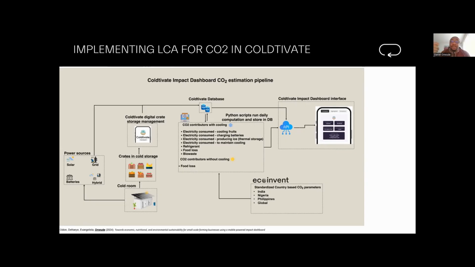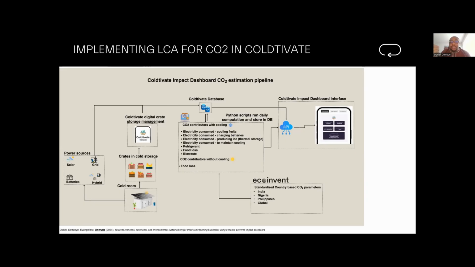it usually starts with the power source. So we need to know the type of cold room that the fruits are being stored in. So is this solar, grid, battery, or hybrid systems supplying the energy to the cold room? And then this cold room stores crates of fresh produce, and each crate is then digitally tracked through the Cultivate crate storage management system, right? And then from there, the data flows into the Cultivate database where we capture all the key contributors to the